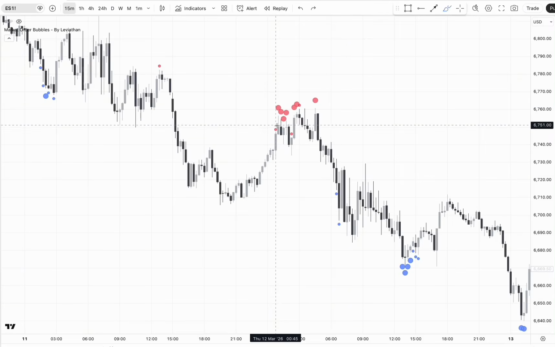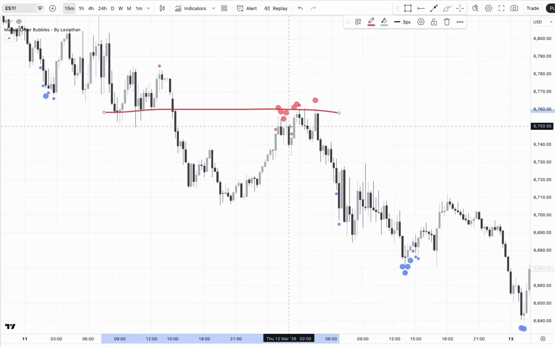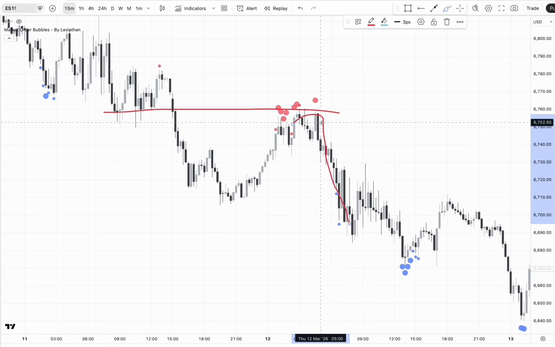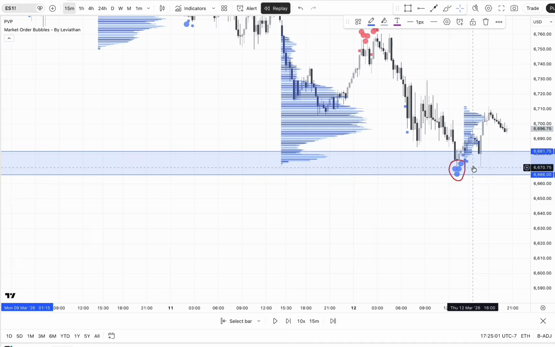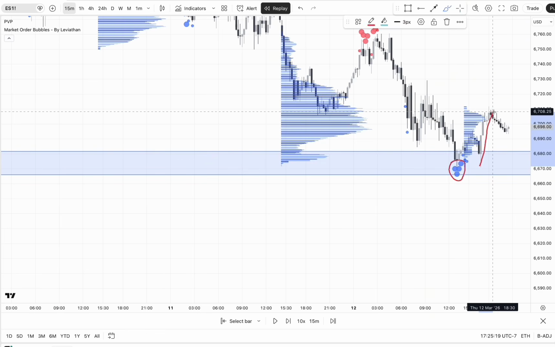I want to see the price kind of stall. We're eventually going to fade this move and move to the downside. When I see a huge number of market order bubbles, in this case market sell orders appearing right here, this is the move that you get right after it. You get an opportunity to go long from here and take it to the upside, take profit obviously at the